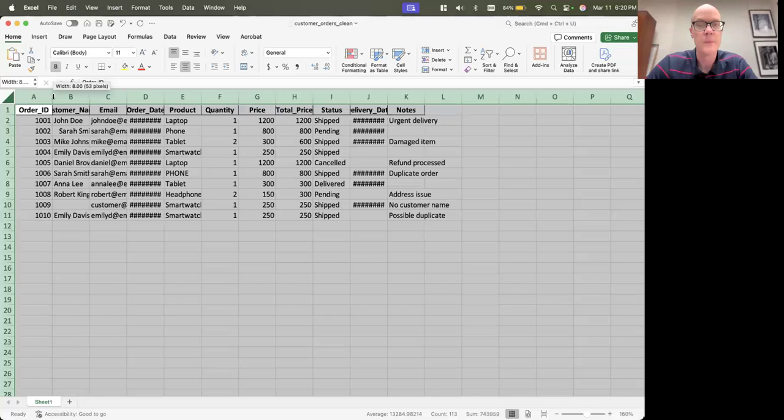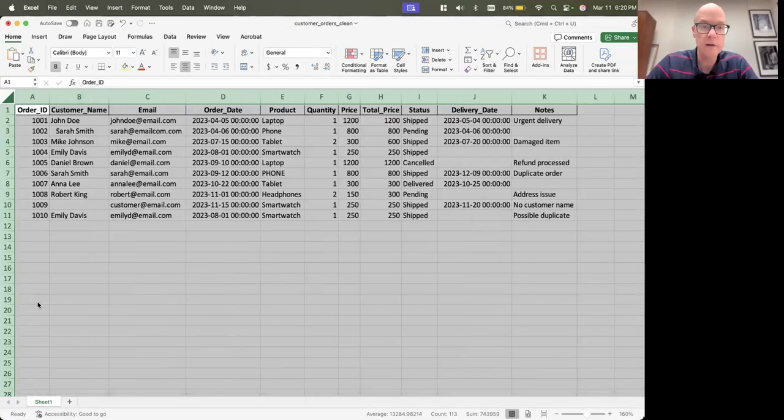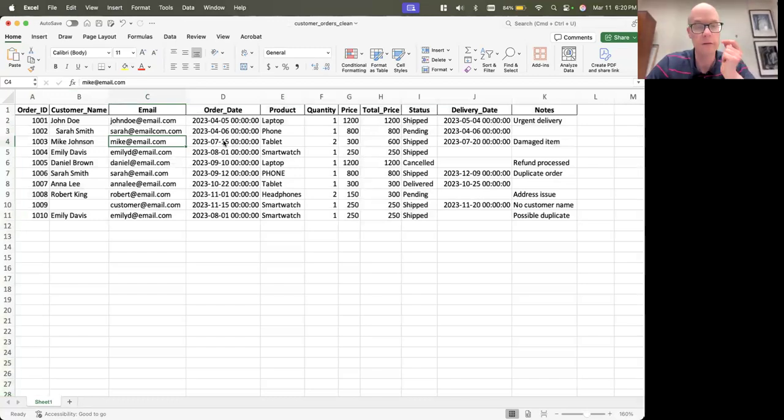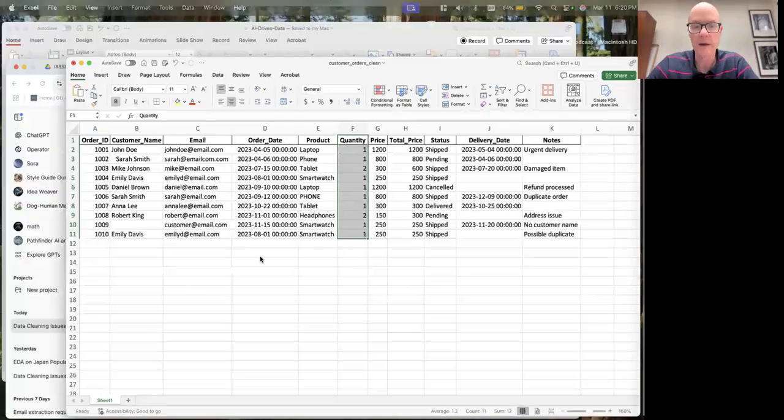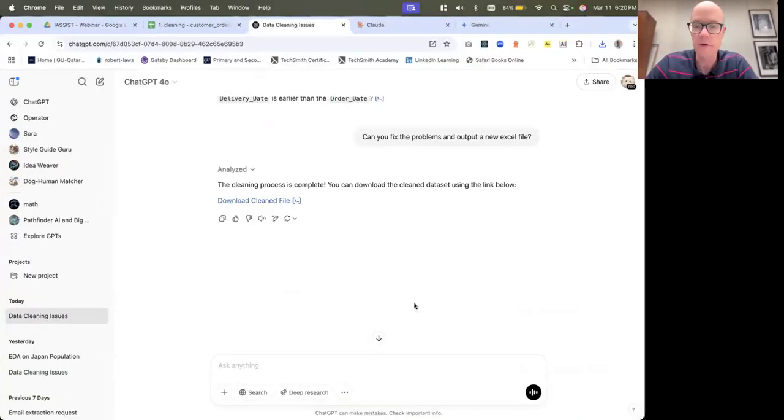We have this here. And you can see it definitely did solve most of the problems. The dates are consistent now. It missed this. This is an issue here. The white space here did not get fixed, but it did fix the issue with the -1. Dates are consistent, and it looks like email is correct now. So again, not perfect. This is where we would have to make sure we follow through with our prompts to tell it, hey, make sure you don't miss the white space issue.